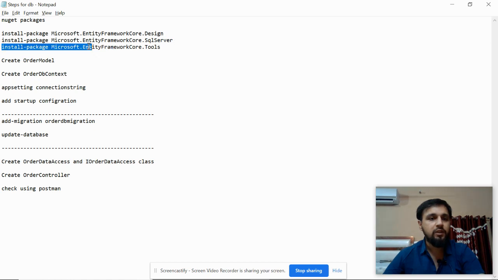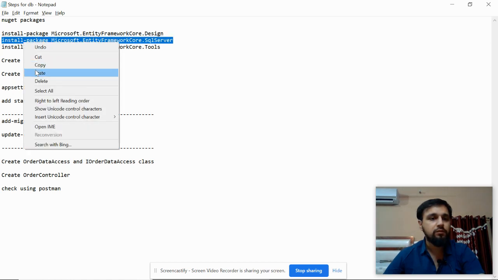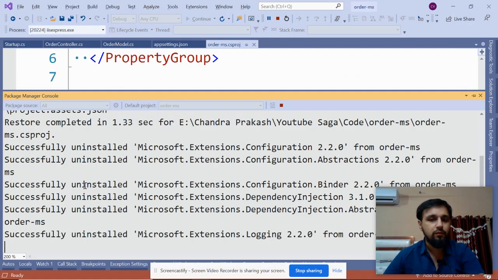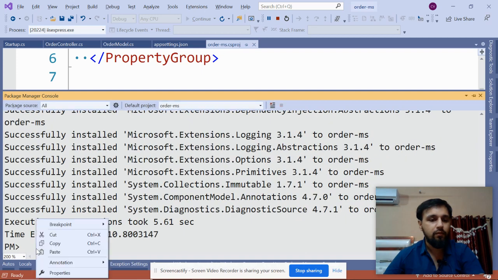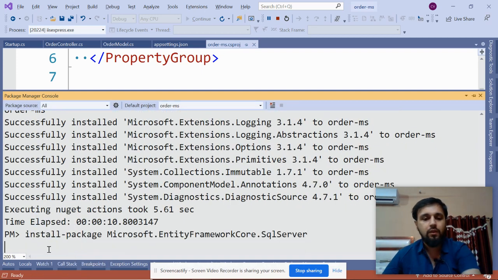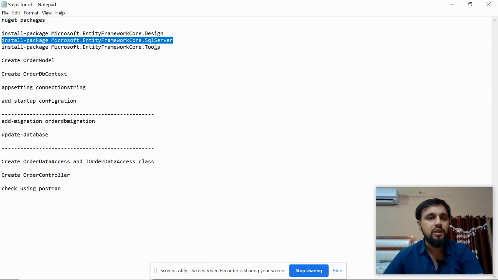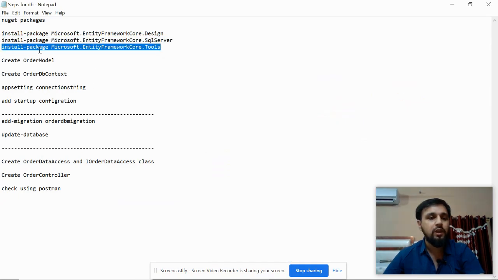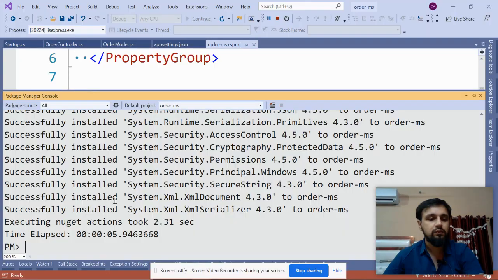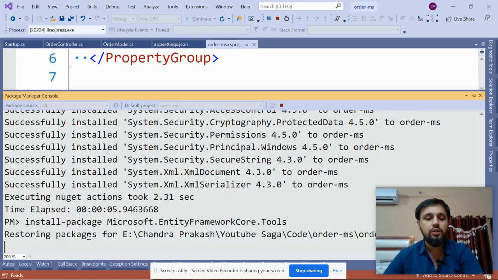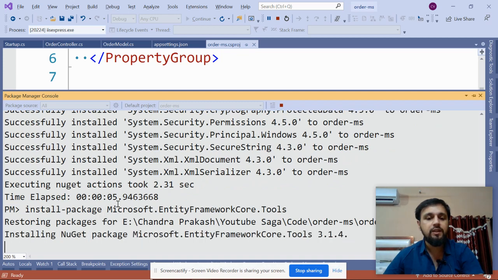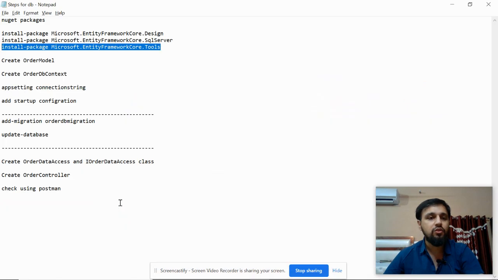The second package is Microsoft.EntityFrameworkCore.SqlServer. The third package is Microsoft.EntityFrameworkCore.Tools. These are the three packages you need to install.